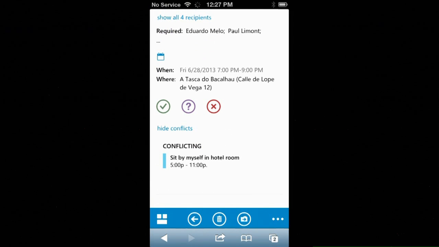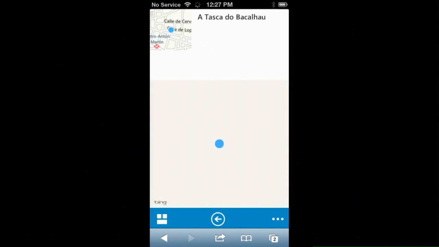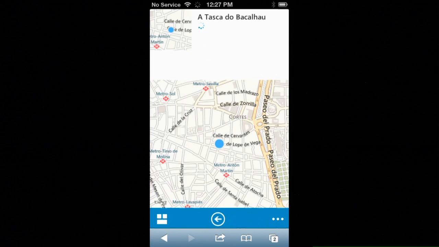Let's see, it's 7 o'clock tonight. Busy night for me. This could pretty much be a recurring appointment. I think I might go out to dinner. I would like to know how far I'm going to have to walk. Is this all the way across Madrid, or is this right next to our hotel? That's a good question. So I'm going to tap on the location, and this will drop me right into a map,